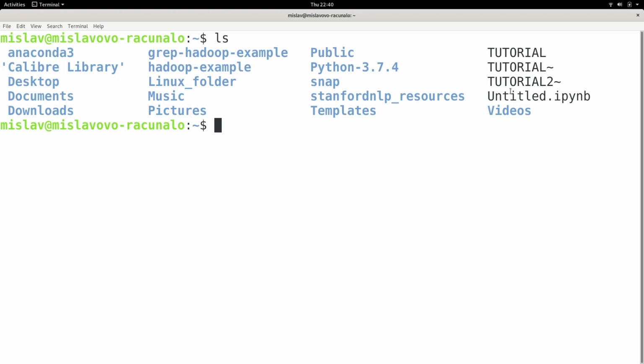In order to do that, we can write tar cvf, and we are going to talk about what that means in a second. And then we are going to write the name for our archive. Let's name it archive.tar. And now let me write the name of the file I want to put in the